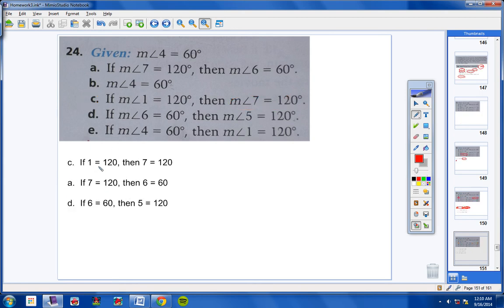If angle 1 equals 120 degrees, then angle 7 equals 120 degrees. And then it picks up right here. If angle 7 equals 120, then 6 equals 60. If 6 equals 60, then 5 equals 120. Okay, so we're doing really well. Now,